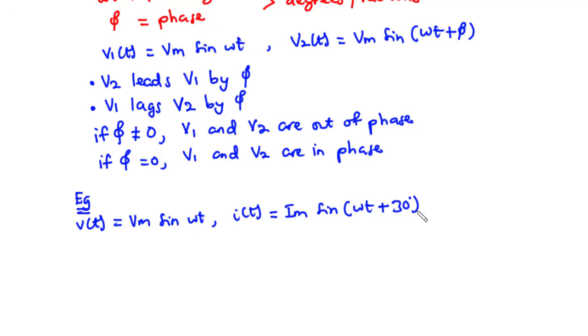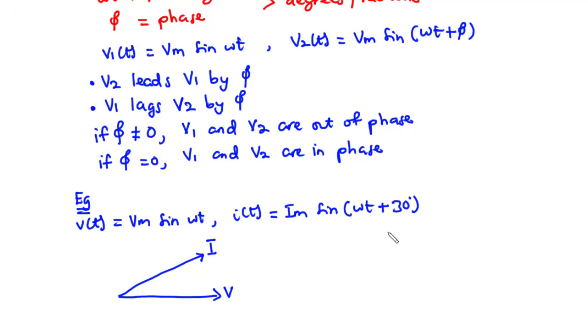Now we can represent this in the phasor diagram as we are going to consider V of t to be the reference phasor. So we have V, and then since the current has a phase angle of 30 degrees, this is going to be the current,